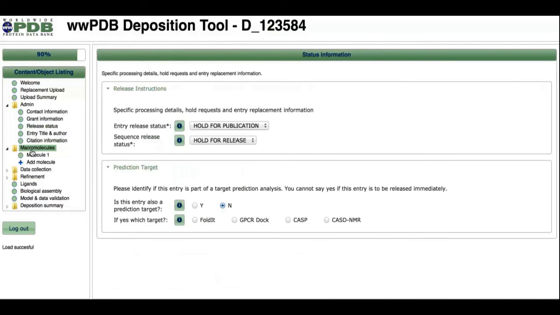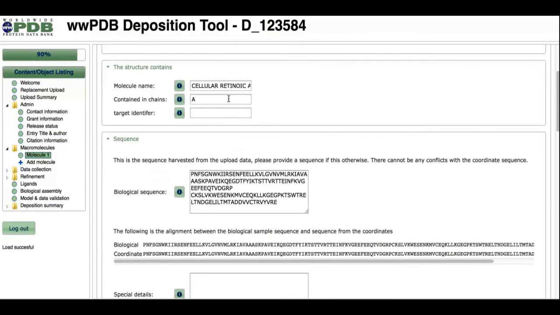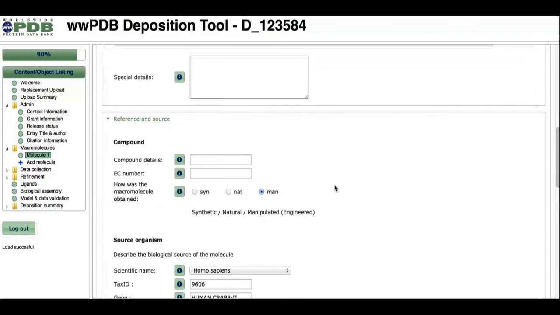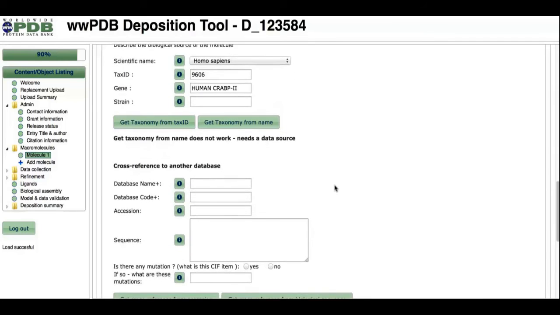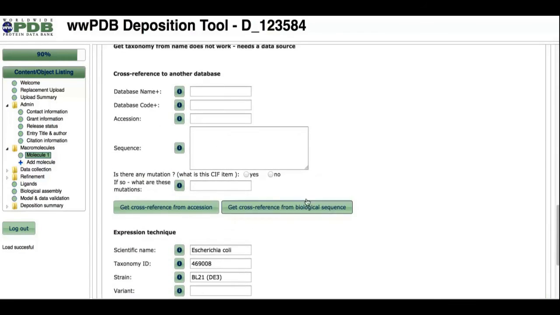For each unique macromolecular entity detected in the coordinates, there will be a separate molecule page listed under the macromolecules header in the left-hand menu. The deposition system requires that the provided sequence be consistent with the sequence modeled in the coordinates. If there is a discrepancy, you will need to correct it either by entering a revised sequence or uploading corrected